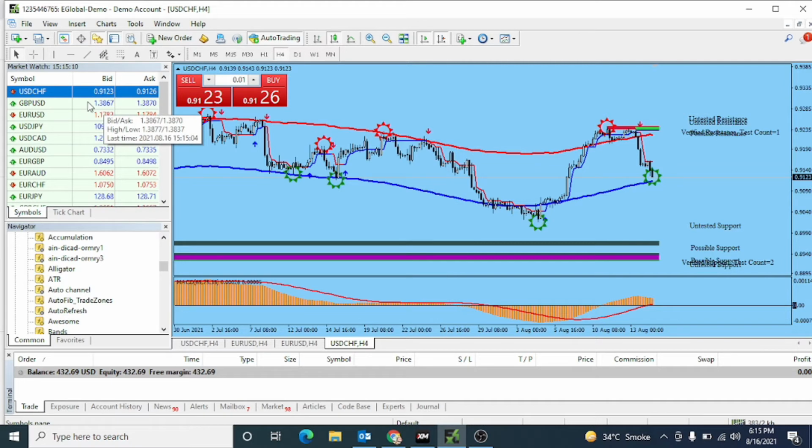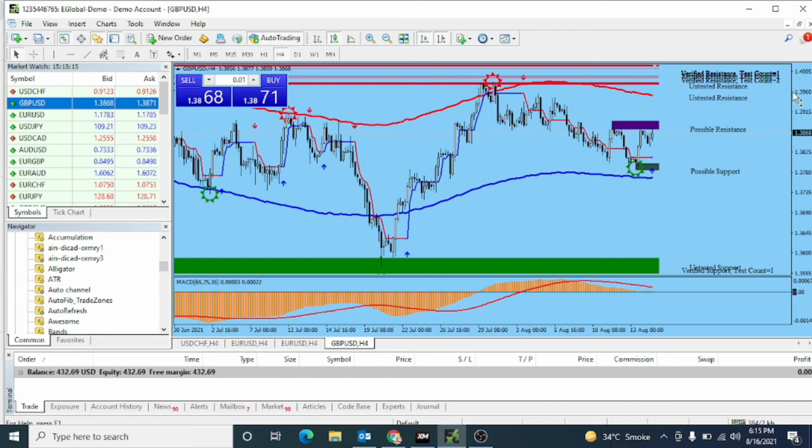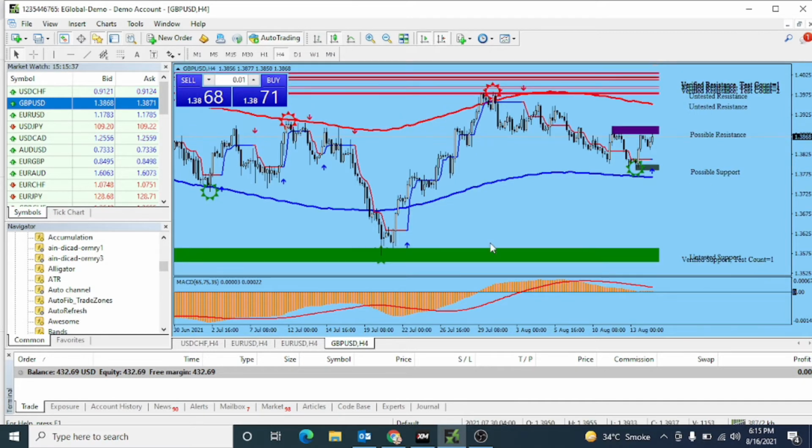Okay, so let's see, I will attach another pair. Now the market is at this point, so as per this indicator, this level can possibly be a resistance level. But if you want to make profit and want a good prediction, you just follow the verified support levels. For example, on 20th July the market was there. You can see this was a verified support level, because in the past the market already touched this point.